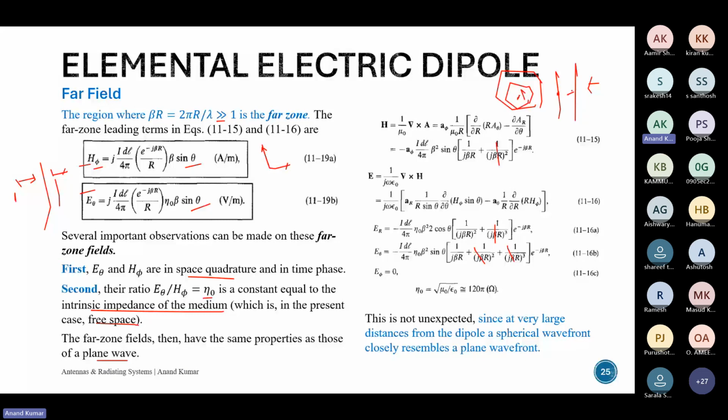Okay, maybe you guys can follow. A very stupid example would be the earth. For us it appears to be plane, but it is actually spherical. A very bad analogy, but that's what we're trying to convey. In the far field, the spherical wavefronts resemble a plane wavefront. Hence, some of you might know that when we do experiments using antennas, we keep the objects or the antennas in the far field.